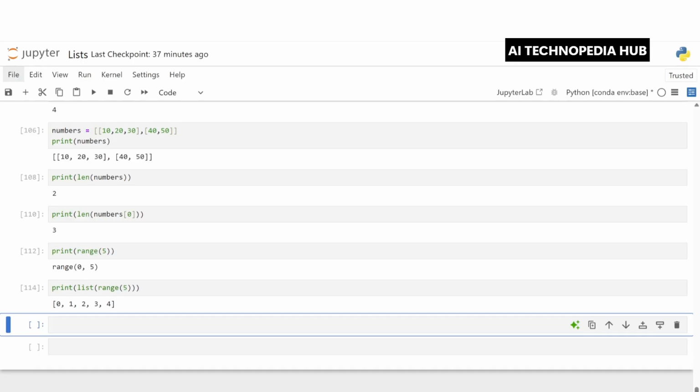So when you give one number to range, it starts from 0 and stops right before that number. So just before 5, it stops, that is at 4. The range function does not give the list directly. It gives us a range object like we just saw above, which we can convert using list.